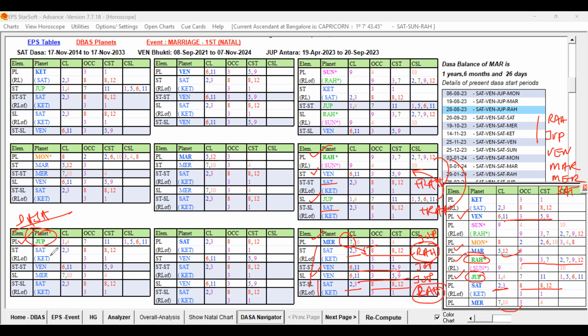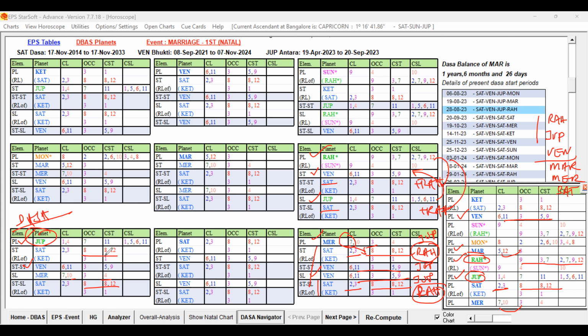In the star of Saturn, sub of Mercury. So Saturn, the star lord of the star lord is Venus, the sublord is Mercury, and Mercury is in the star of Saturn. You can see Saturn is having some obstacles. This is also having some weakness. Again, this is getting obstacles. When a good planet is ruling, if the star lord of the planet is having some weakness, but only to a level, it is good. That was already discussed. Venus is one of the favorable key planets after Rahu and Jupiter, right?